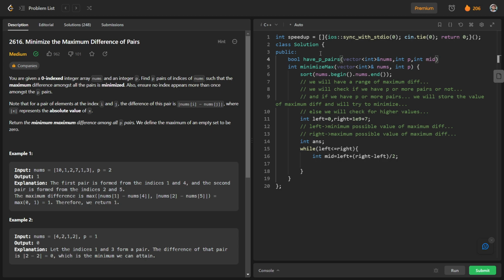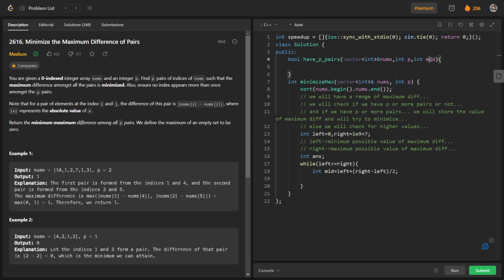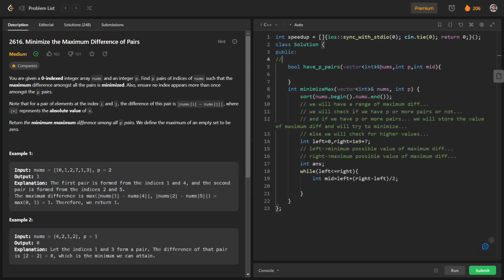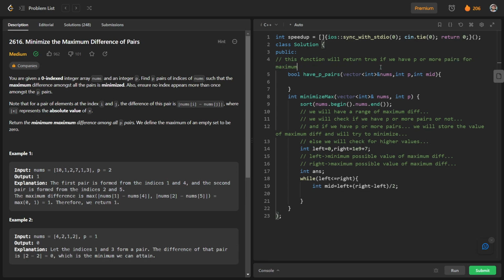This function will check whether, for this particular mid, we have p or more pairs. I will write here: this function will return true if we have p or more pairs for a maximum difference of mid.